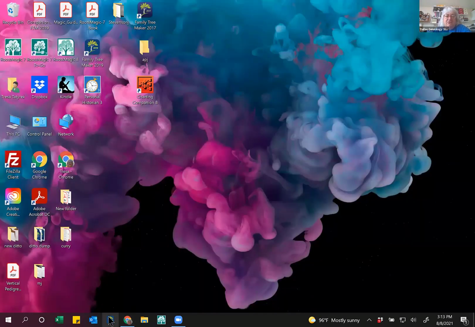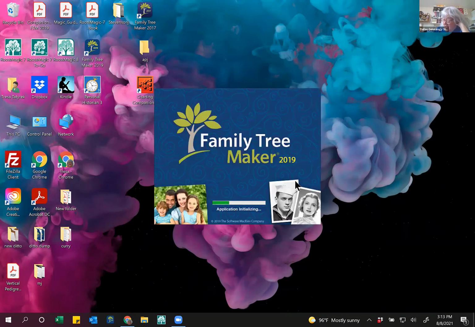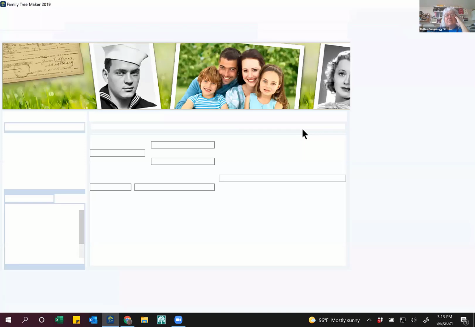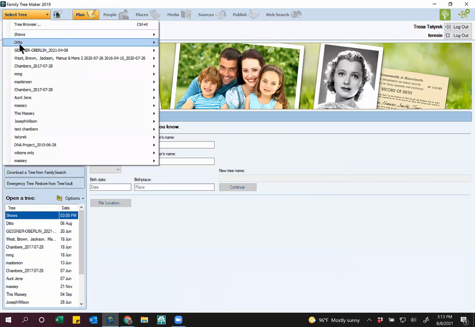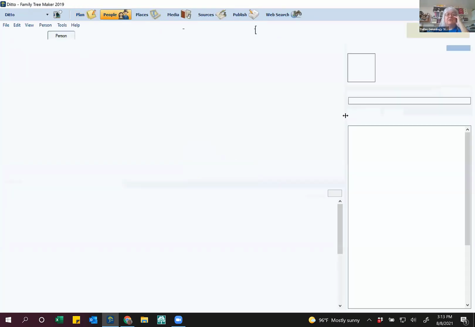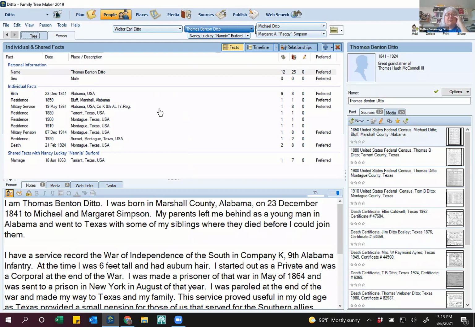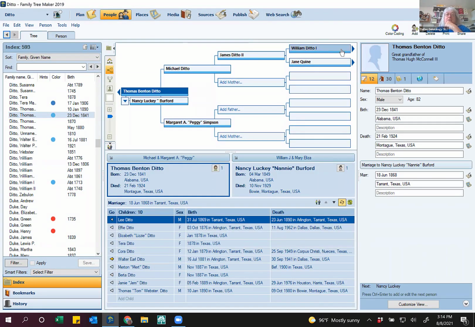And it shut down. It hasn't done this in a long time. Crash. So it makes me think the interface with the internet is doing something in Family Tree Maker. Anyway, so like